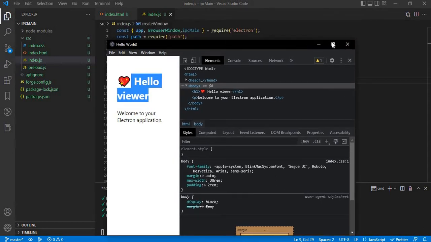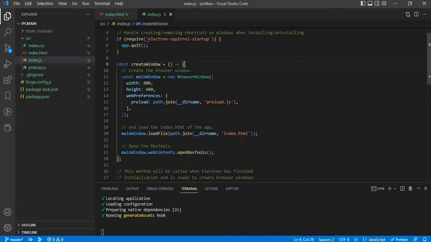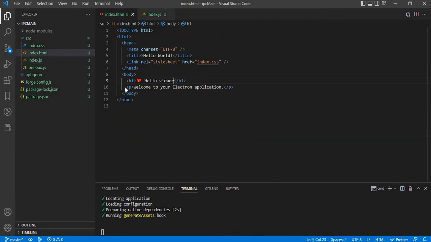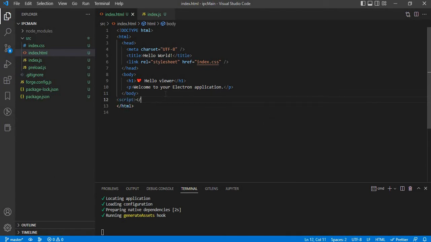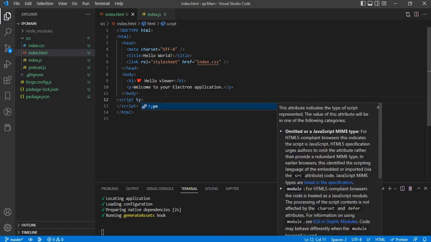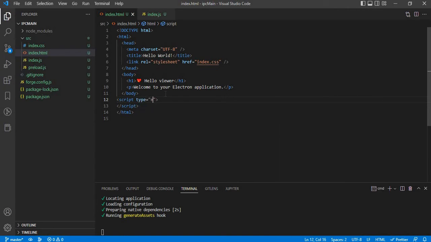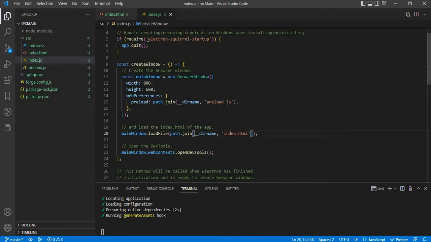I am going to show how IPC is used to create a new window. Suppose inside the index.html, just create a JavaScript script, and be sure that the script type is module. If you don't make it module, sometimes some dependencies don't work. And one thing to notice,